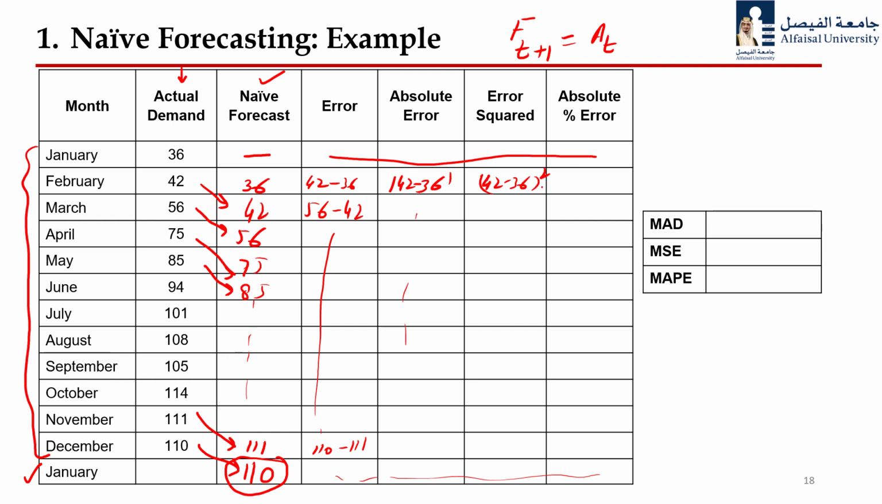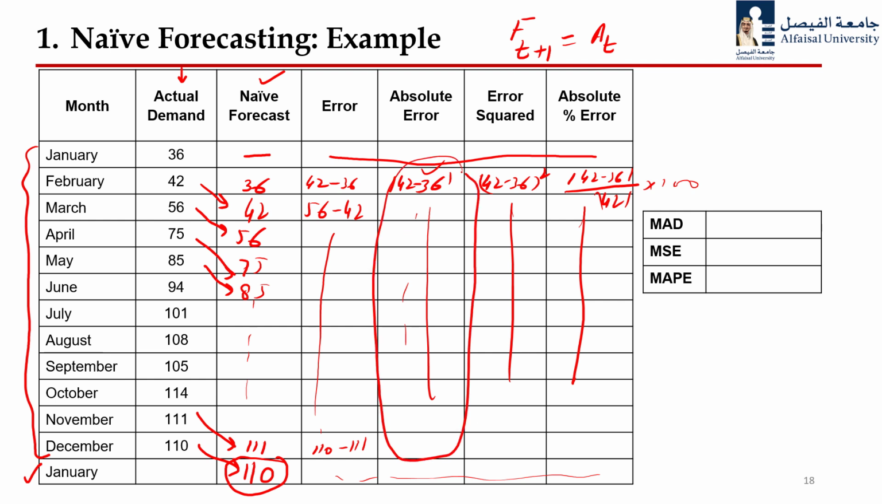How can we do that? The absolute error is the modulus of 42 minus 36, divided by the actual demand, which is 42, modulus, multiplied by 100. Once we have calculated this absolute error, we also get the error squares against every value, as well as the absolute percentage error. After that, we are going to sum this up, and divide it by the number of